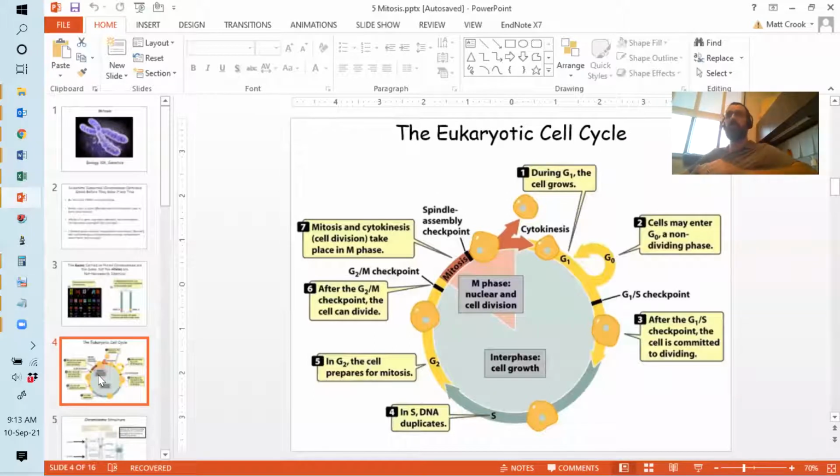So this is also for eukaryotes. So, animals, plants, things like that. Prokaryotes have a different cell cycle because they reproduce by binary fission, right? And also they don't have a lot of DNA that needs to be divvied up, right? So it's a little bit simpler for bacteria, but for eukaryotes, it's a pretty tightly controlled dance to get the